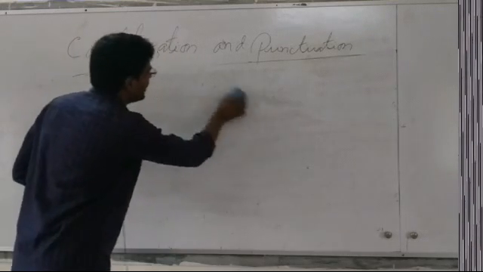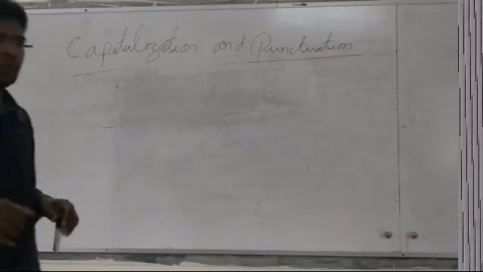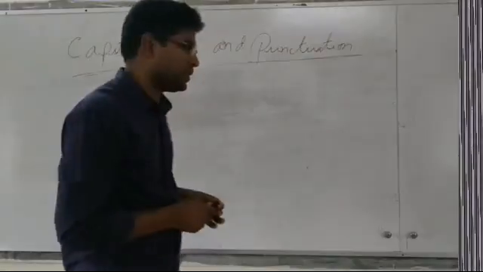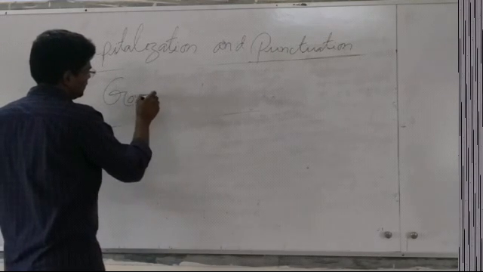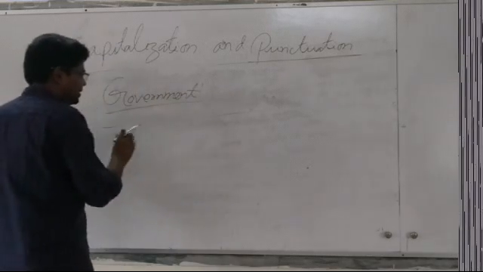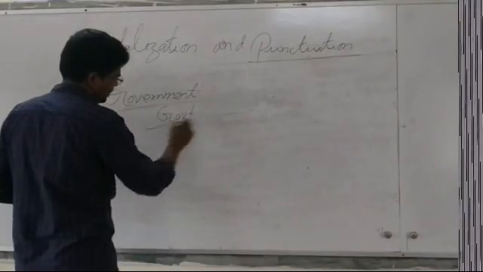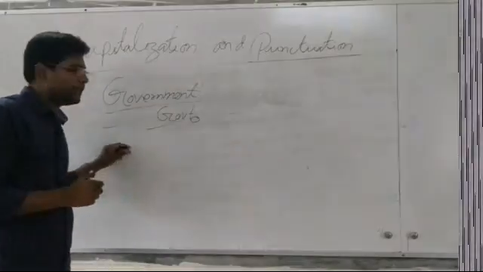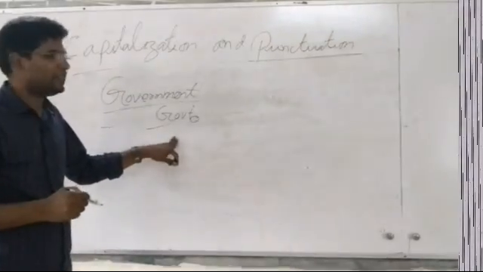When we write down any word in short, after that word we have to use full stop. Suppose government. Government is a word, we can write down this word like that, G-O-V-T, govt. Why do we write govt with a full stop? Because I have written the word in short here, not in full.